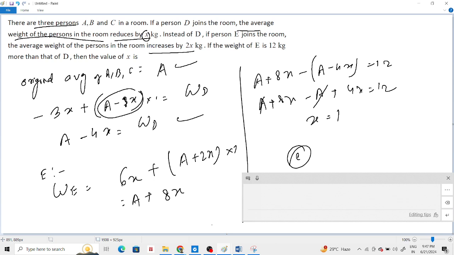সেটা কি হচ্ছে a প্লাস 8x। এটা 3x হবে না, শুধু x হবে। তো অ্যাভারেজ ওয়েটে x রিডিউস করেছে না? 3x, অ্যাভারেজ থেকে অ্যাভারেজ মাইনাস করবে। 3x টা হচ্ছে টোটাল রিডাকশন, তাহলে ওটা a মাইনাস 4x হলো।